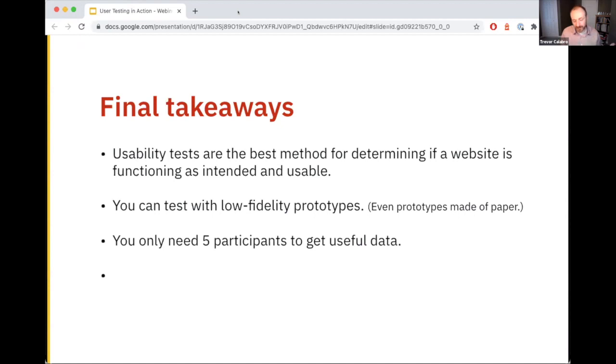And if you test 5 people and you find the same large problem happen 5 times, most likely other people will find that to be a big problem as well. And then usability testing gives you the biggest bang for your buck out of all the UX research methods. I understand that it's daunting and it does take practice, but out of all the methods,